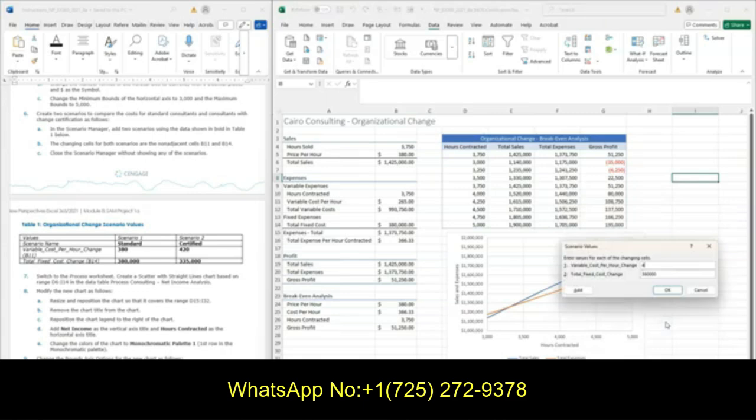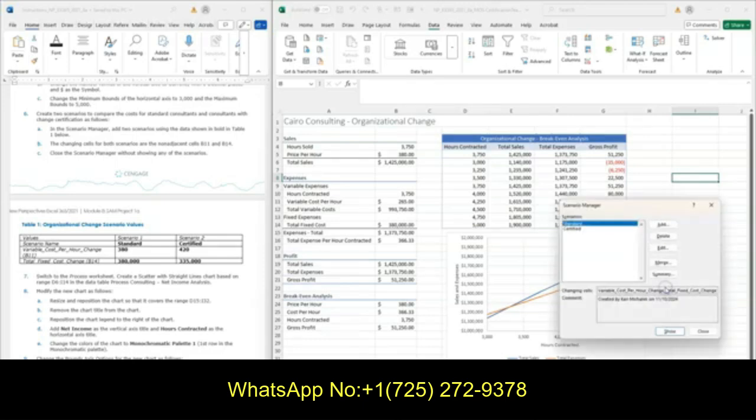And in this one, our variable cost per hour is going to be 420. And our total fixed charge cost is going to be $335,000. No, do not put the comma in there. We're going to click OK. It says to close the scenario manager without showing